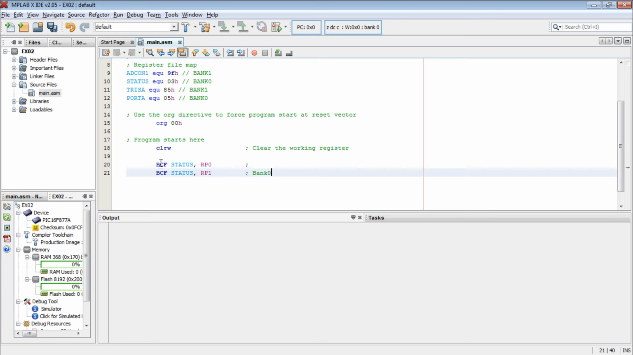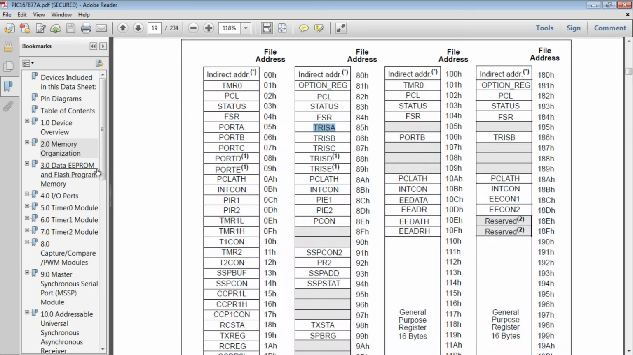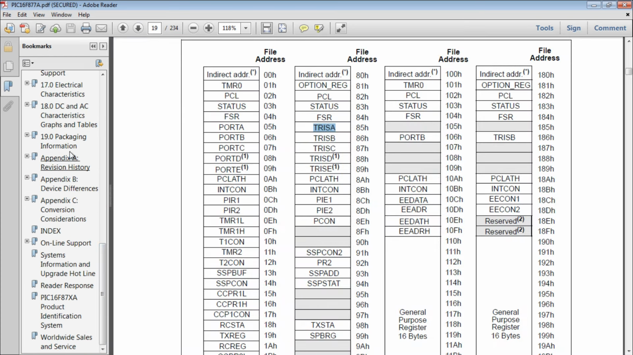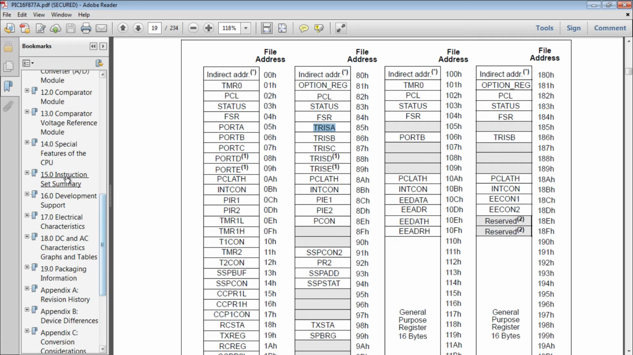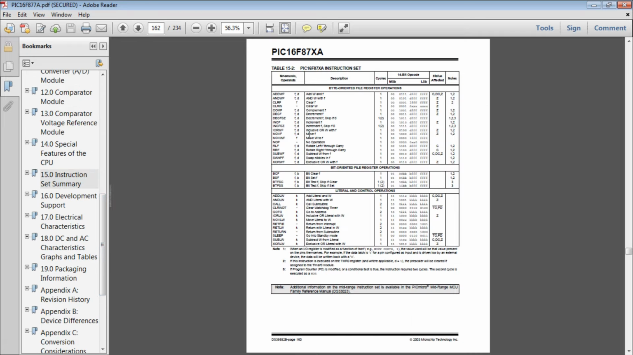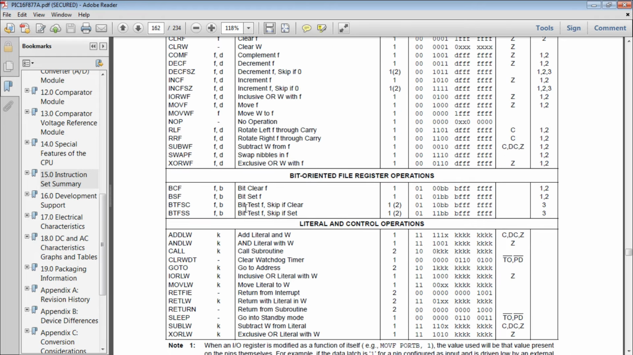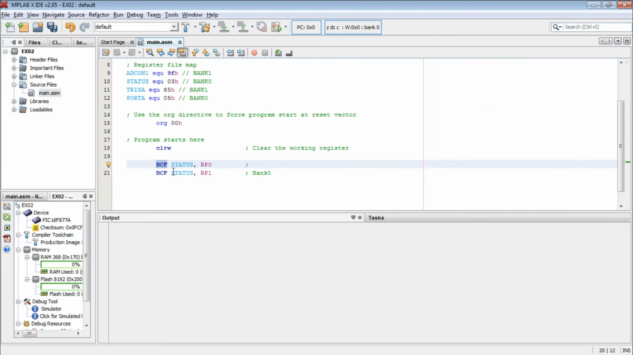There we go. BCF, you must remember this is an instruction. So BCF, it was written here in the instruction summary where it is a bit clear F, where it clears a certain bit from inside a byte of a certain F register, where that certain F register in our case here is status located at 03H. So instead of writing BCF 03H